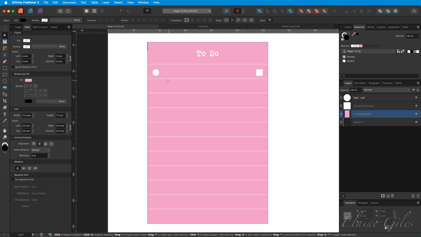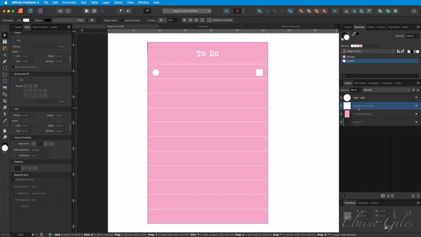And at that point, I've got the shapes that I need. I need to name that second one, task right. And to force them to be in the correct place, it would make sense to add them to the table, pasting them into a cell. But before I do that, I'm going to do something that I do in a lot of these demonstration videos,